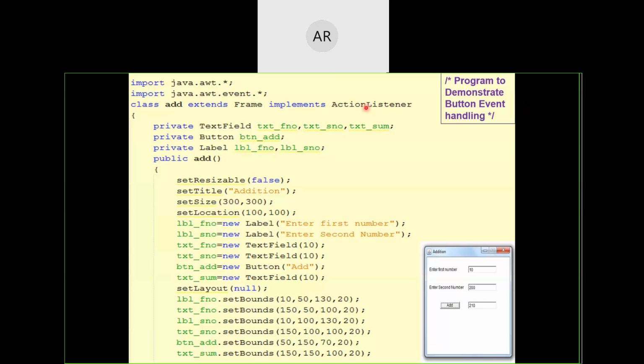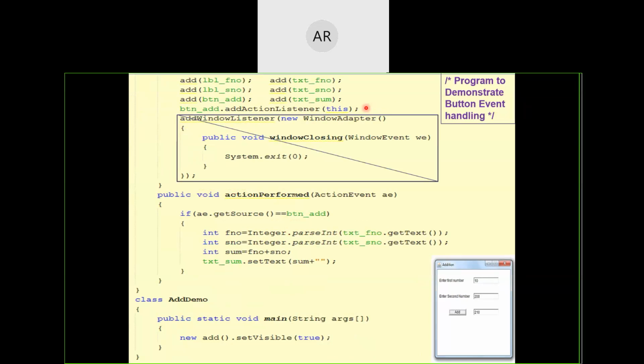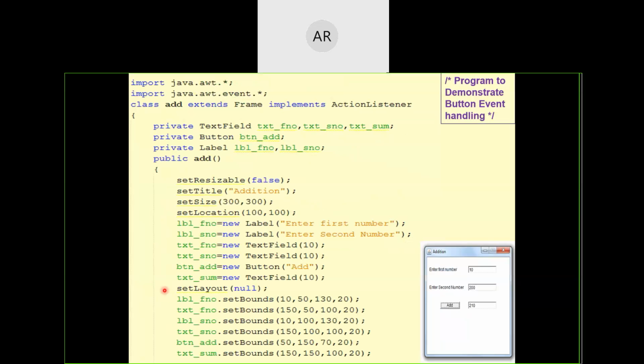One of the methods available in the action listener is actionPerformed. Okay, understood? So that's why we have written the logic for actionPerformed. We have overridden it.